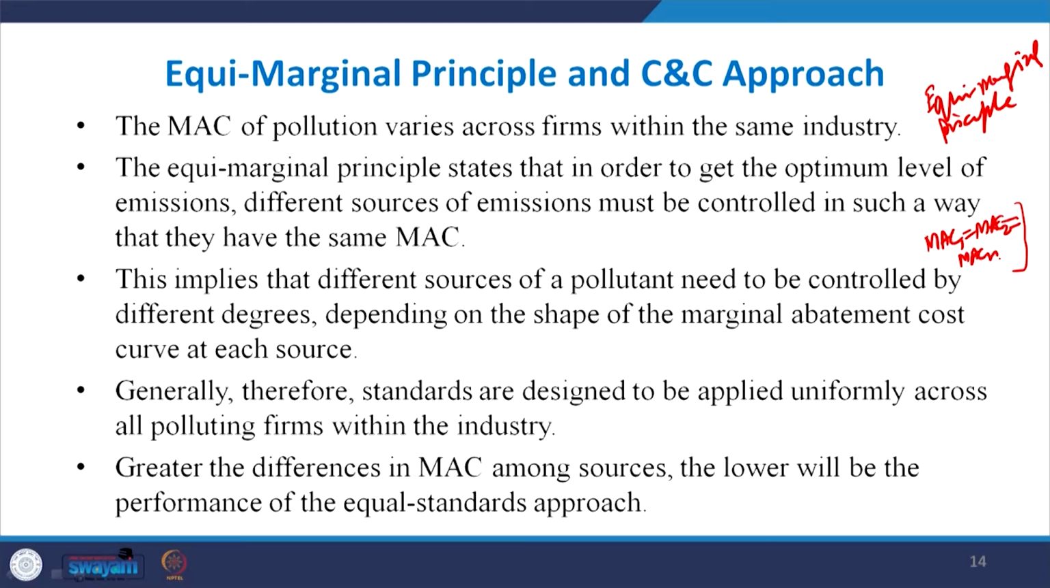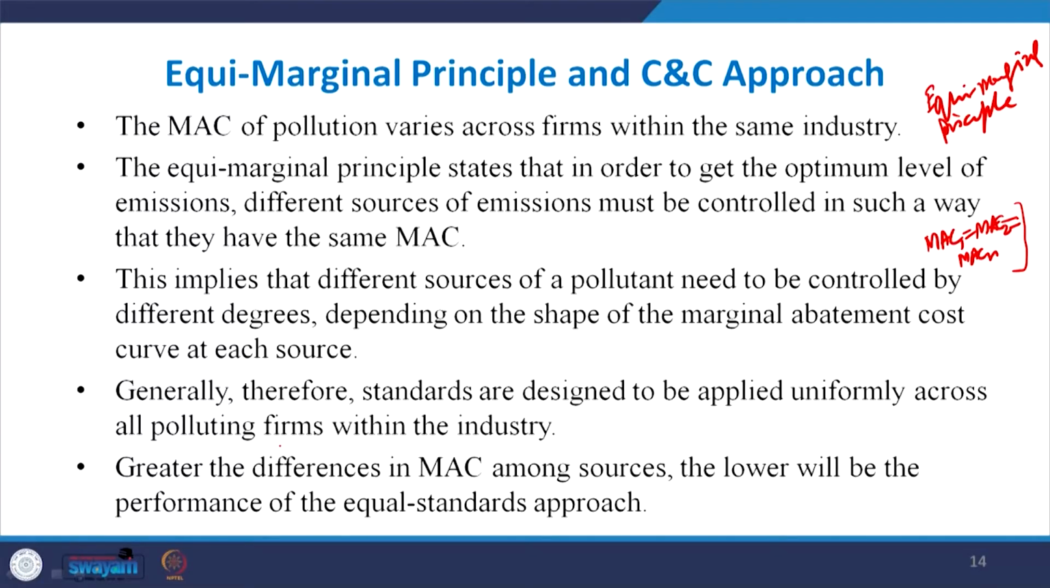So, if different companies in the industries have different marginal abatement costs, then these different marginal abatement cost curves should be equated at the point of equilibrium to determine the different levels of emission standards for different firms. Generally, standards are designed to be applied uniformly across all polluting firms within the industry. So, this is a major problem with the command and control system, that under this system emission standards are uniformly applied,